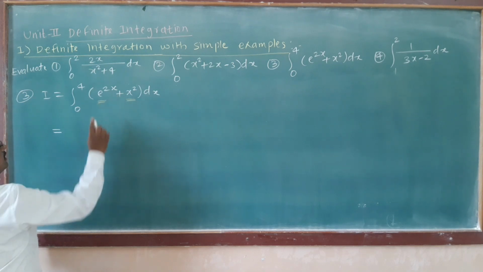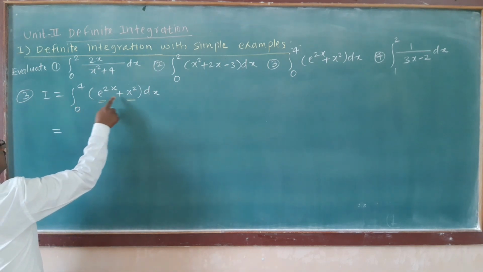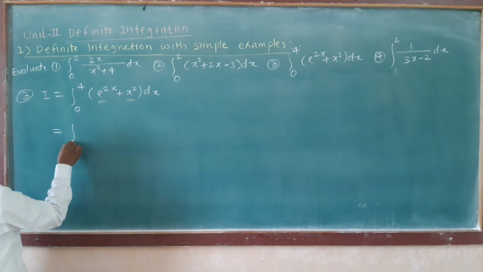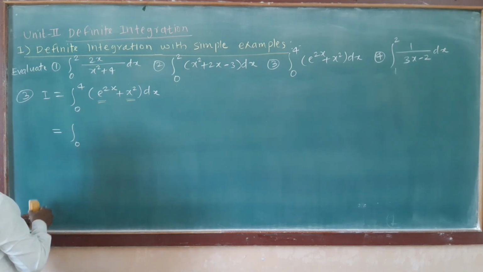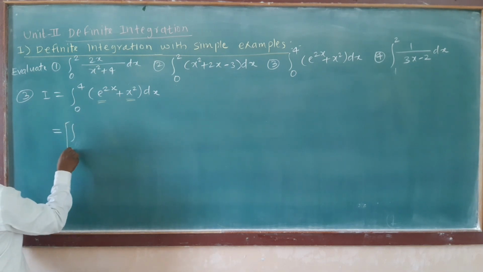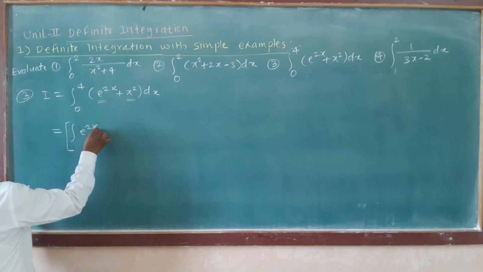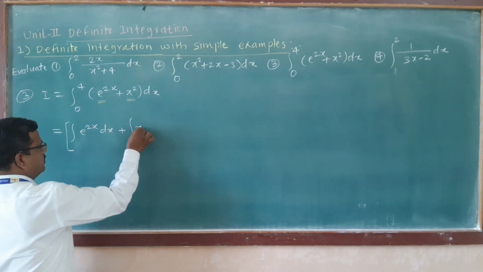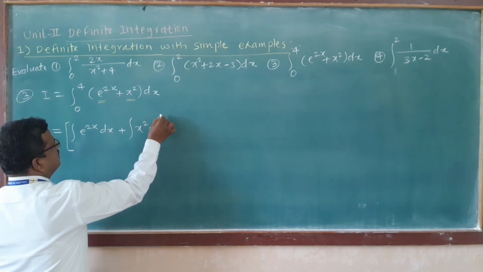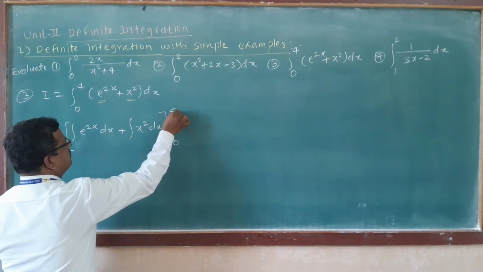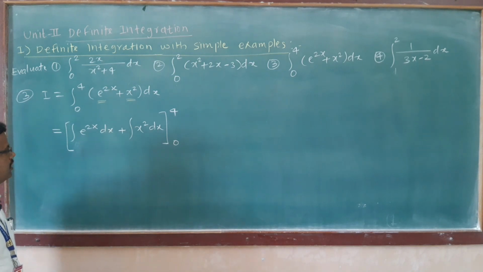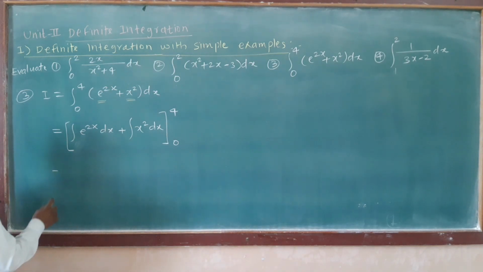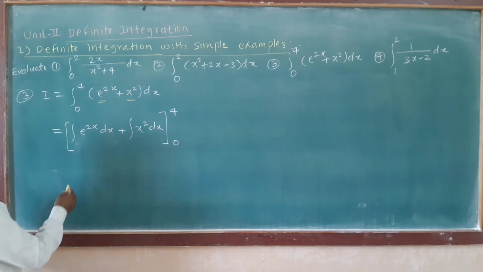So we write like this 0 to 4 or integration over e raised to 2x dx plus integration over x square dx within the limit 0 to 4, which is equal to integration of e raised to 2x